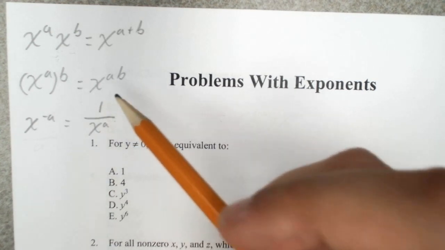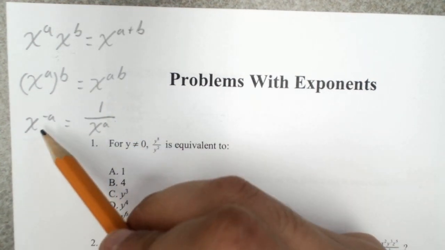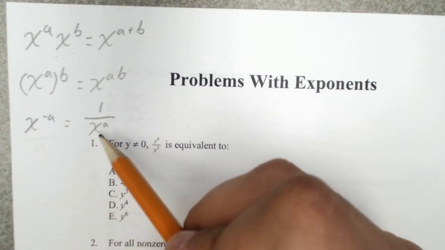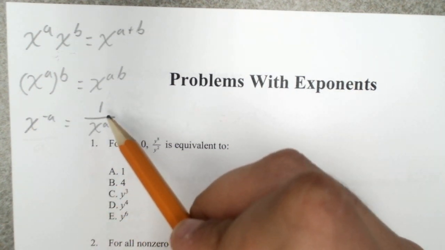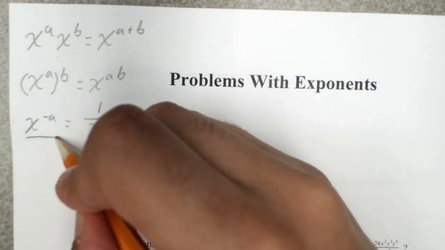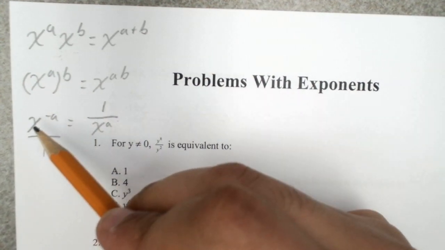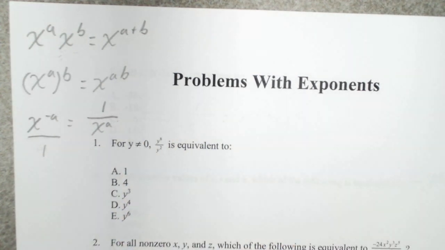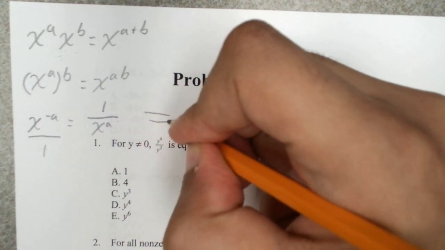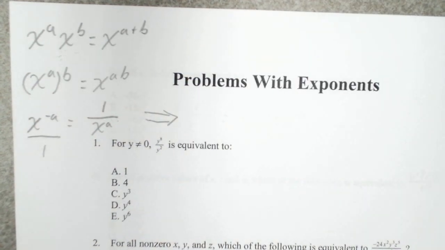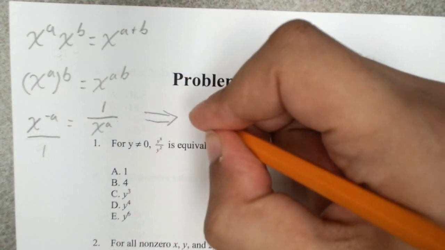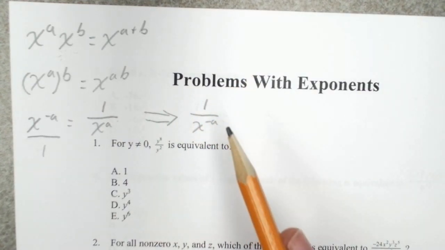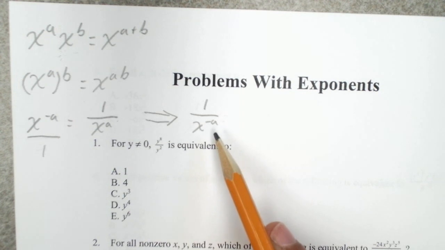And finally, whenever we have a negative exponent, this is the same as moving that whole term to the bottom of a fraction. Imagine we have this over 1, just moving it over here. And then from this last one, we can take another handy little trick that we might use a little later. If we see a negative exponent in the denominator, if it's down there to start with,